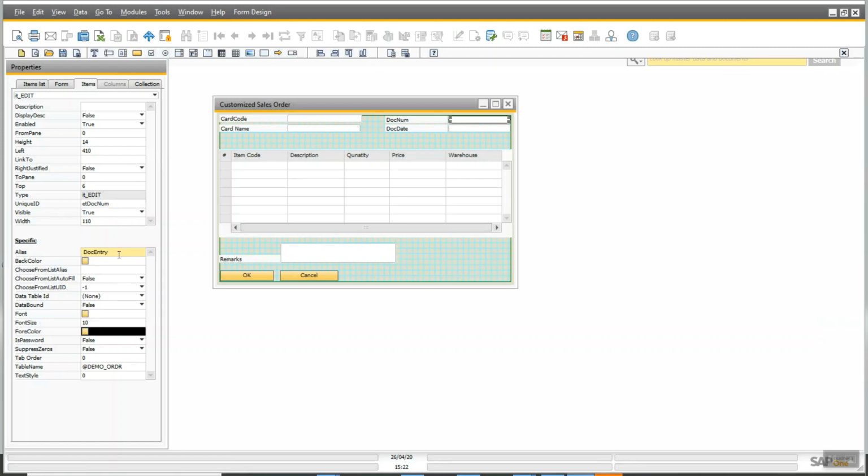So there you will not get U_, because whenever you create a UDF, SAP DI API adds U_ by default. This is the convention of SAP Business One. So bind it. We have completed 4 fields. Now come to the matrix, where one field remains.